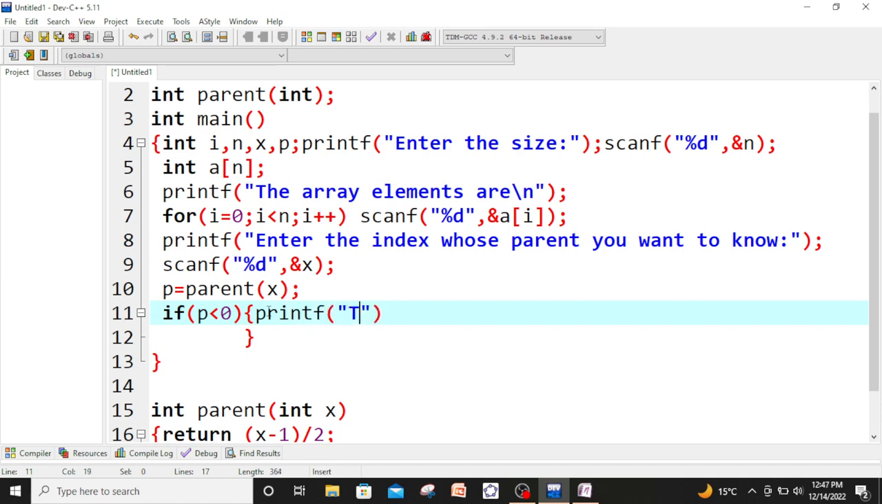that there is no parent, there is no parent of percent %d, that is, and at the place of this will be ad. Okay,